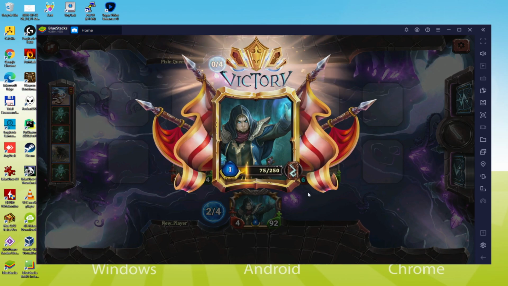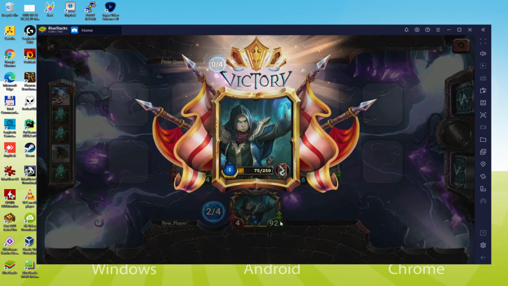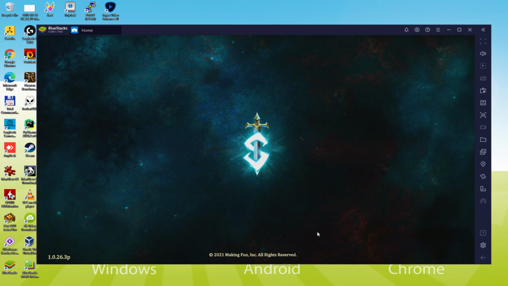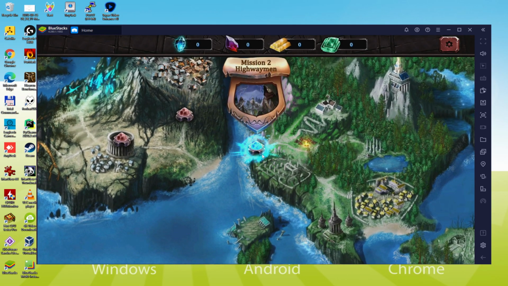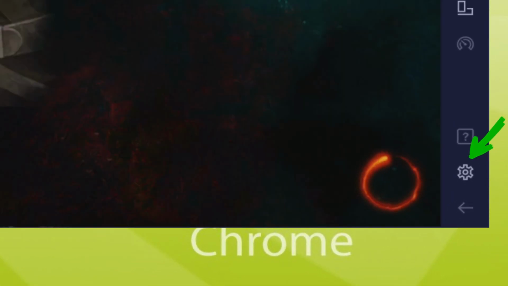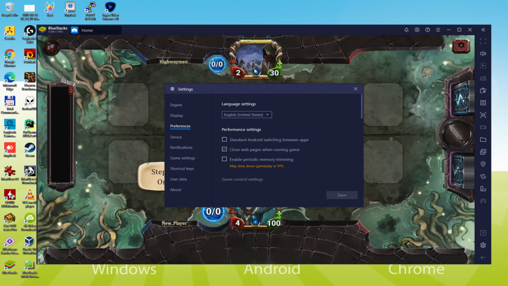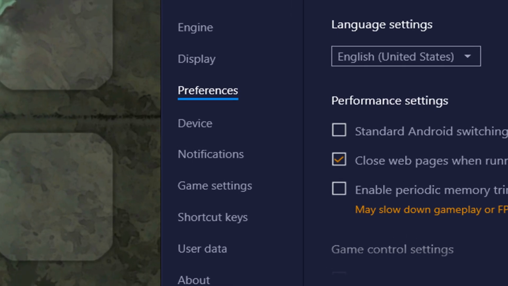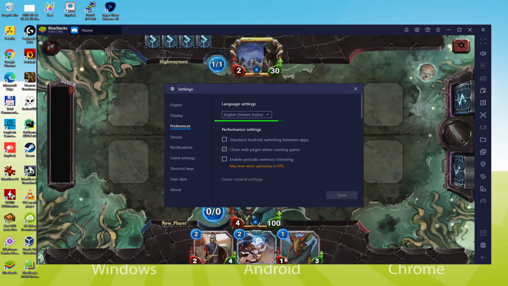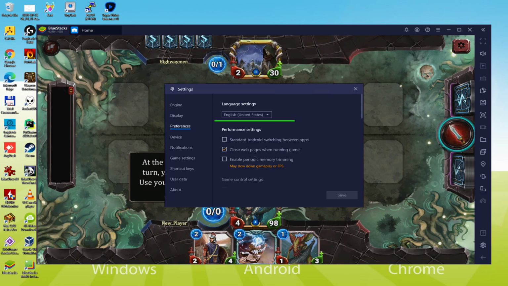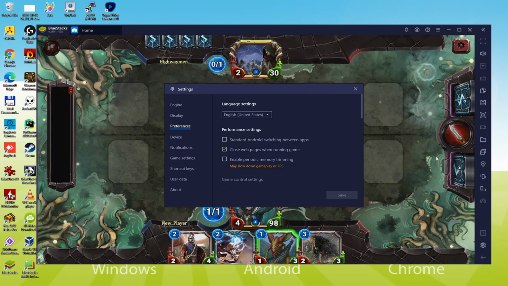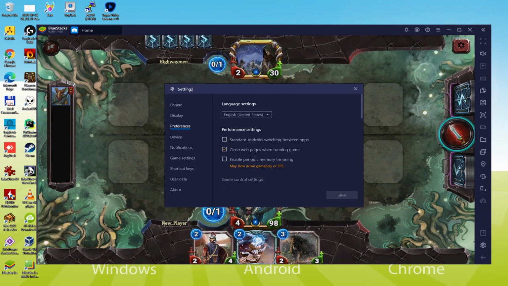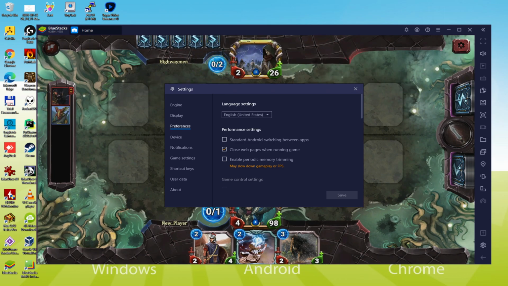As you can notice, the emulator is totally in our language. In some cases it happens that your emulator is started in the wrong language, for instance, in Japanese. Then to set it in the right language we go here to the cogwheel. Then here among various other options, we click the language drop down. We should choose the language we want, Italian, Chinese, and so forth. Once the language is chosen, we save, the emulator will reboot, and the game application, the next time we launch it, will also be in the selected language.